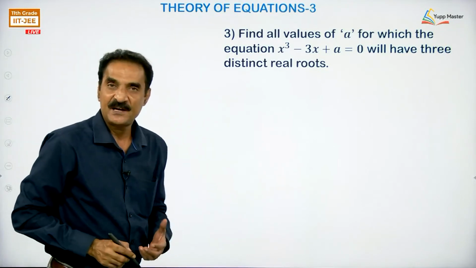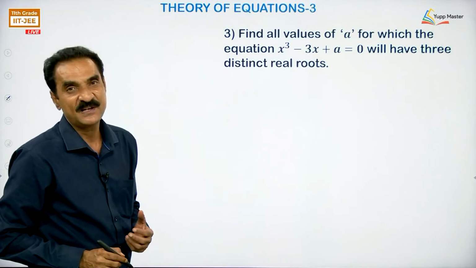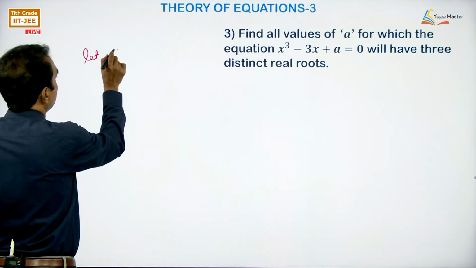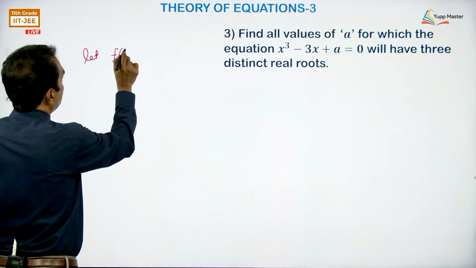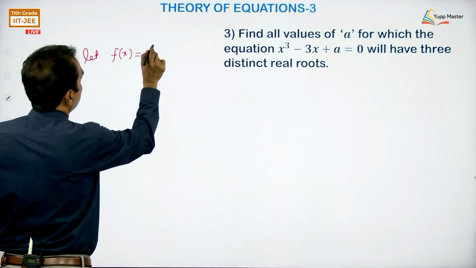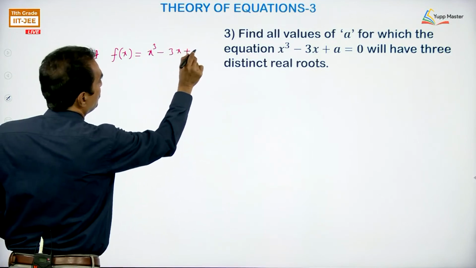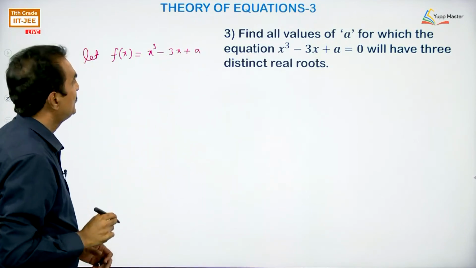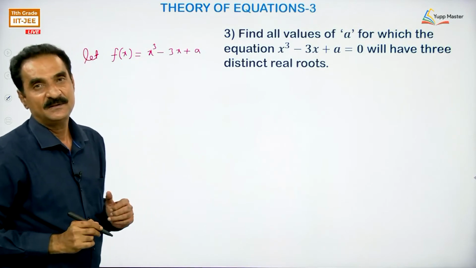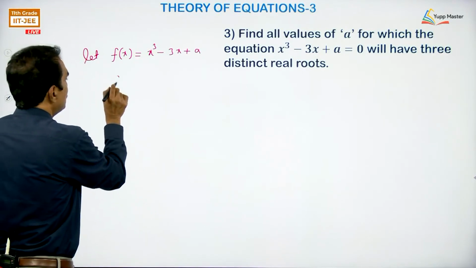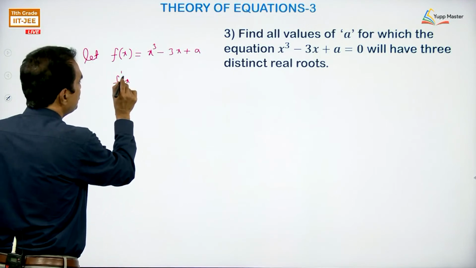As usual, we take x cube minus 3x plus a as f of x. Okay. Let us find the roots of f dash x if possible. f dash x is